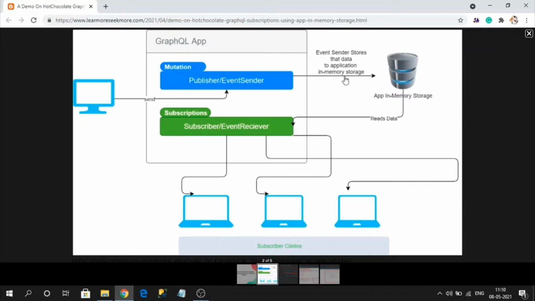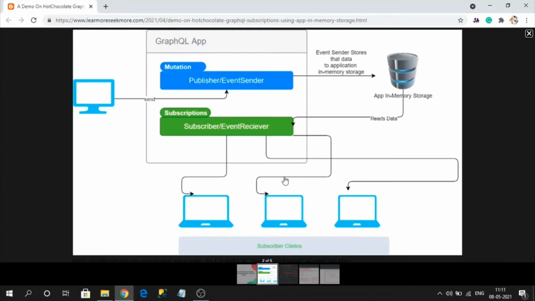Then there will be a subscription, or the event receiver or event listener. It grabs the data that was stored in the application memory, and from this subscription it sends the data to all its subscribers. To receive this information from the subscription to all the subscribers, the connections should be persistent, meaning long-lived connections.